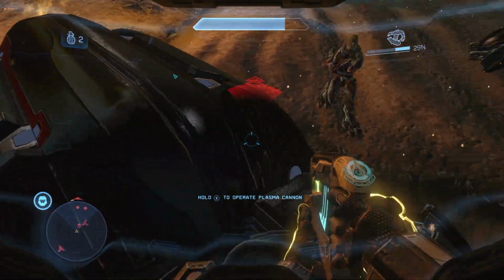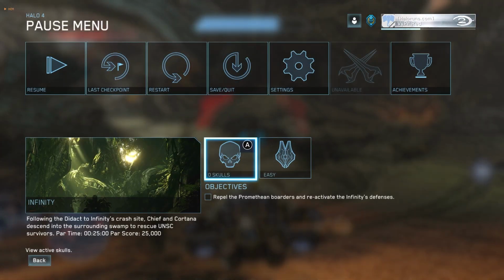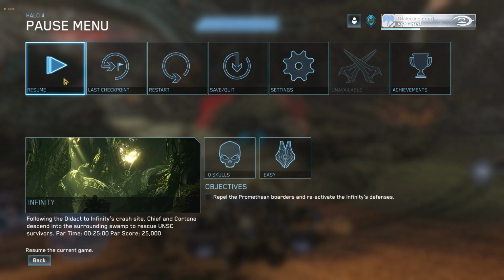Now sometimes the elite will just get out. Sometimes you have to actually get into the turret. This is a mechanic that if you share a vehicle with an enemy, it will get out. So if after you kill that gunner, the elite doesn't get out, get into the gunner seat and the elite will get out. Okay, so now that we're in the Wraith,